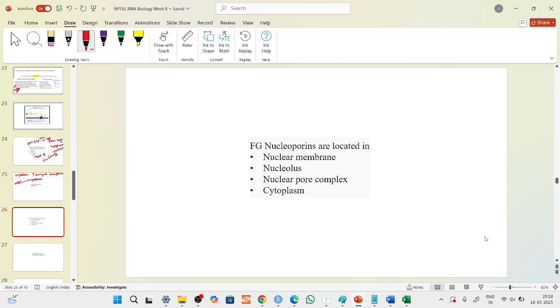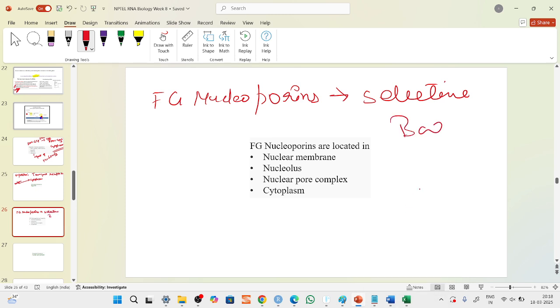nucleocytoplasmic transport. Always remember that these FG proteins, nucleoporins, form a selective barrier. So this does not allow the transport of anything and everything. Just like we say that we have a semi-permeable membrane. It is permeable only to a few things and not to everything. So likewise, these FG nucleoproteins, which are made up of